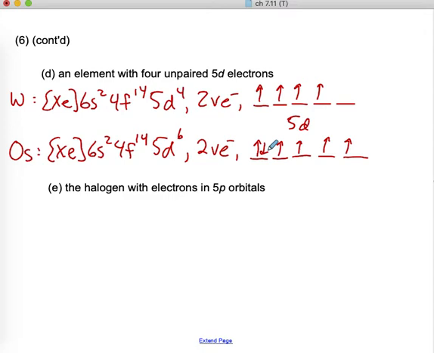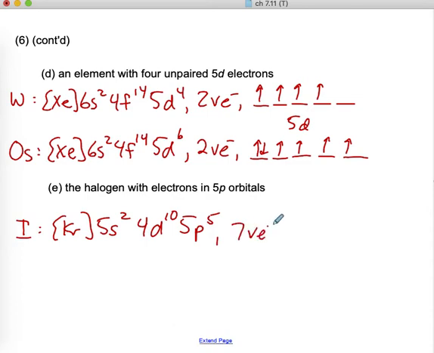Finally, the halogen with electrons in 5p orbitals. The 5p sublevel corresponds to indium to xenon, so the halogen would be the group 17 element, or iodine. And I'll write the electron configuration. Krypton, 5s2, 4d10, 5p5. 2 electrons in the 5s sublevel, 5 electrons in the 5p sublevel give me 7 valence electrons. Make that a little clearer. Here's my 5p sublevel. If I place 5 electrons, 1, 2, 3, 4, 5, that leaves me with 1 unpaired